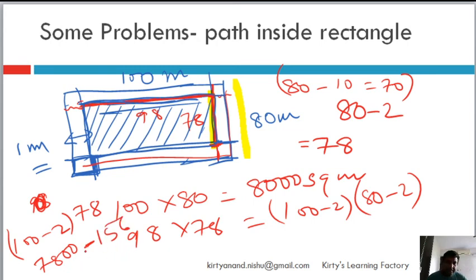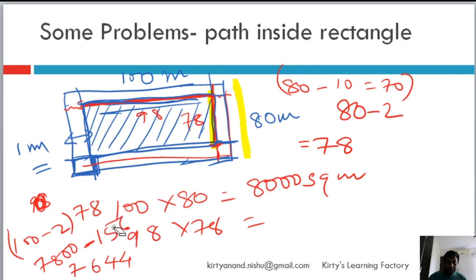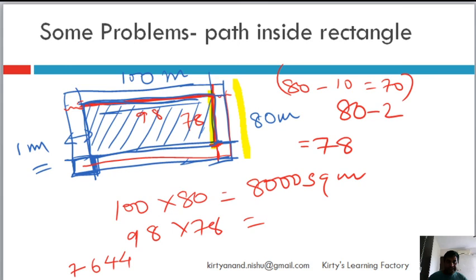And then you subtract this, right? So it will be 7644. So let me subtract it, let me just remove it. So what will be the area of the internal rectangle? The area of the internal rectangle will be 7644 square meter, and then we subtract these two,